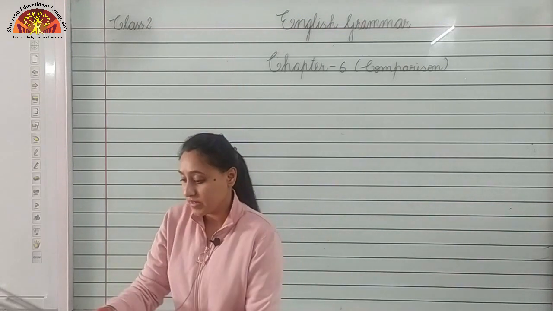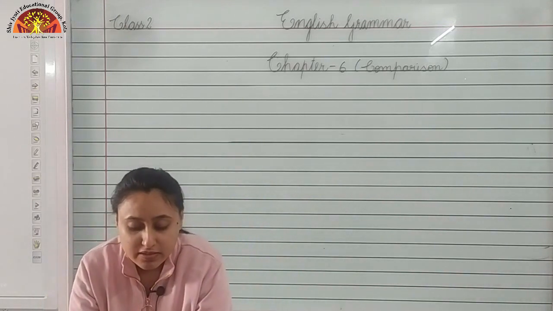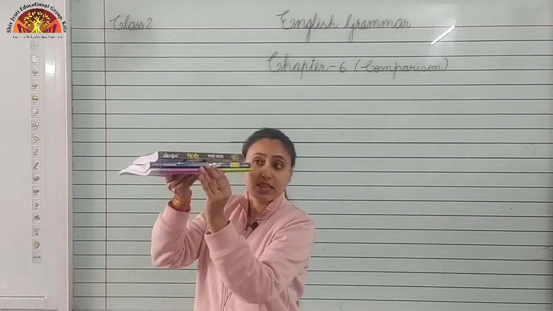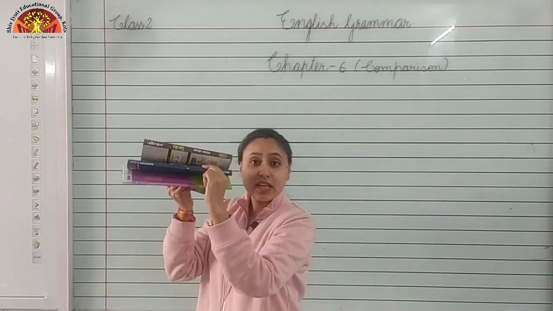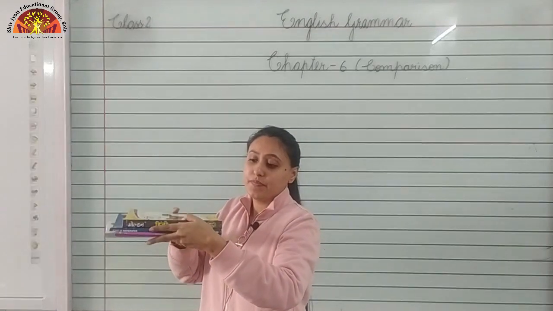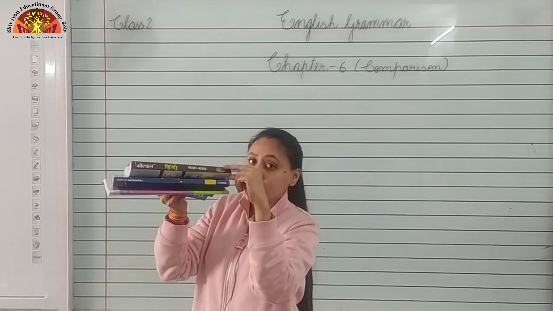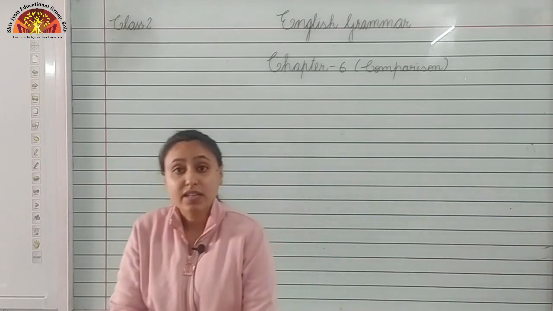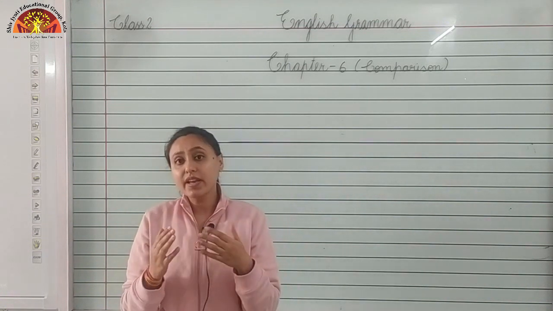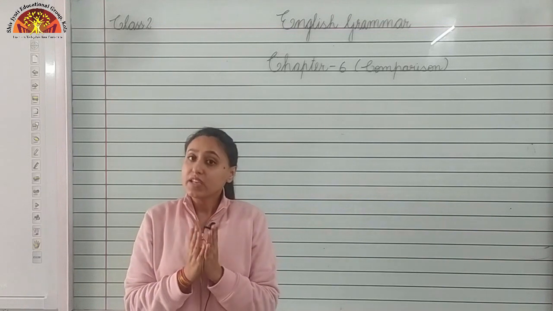Now look here, we will see one more example. Okay, here we are having 3 books. Okay, this is thick, this is thicker and this is thickest. Okay, look here, thick, thicker and thickest. So some adjectives help us in comparing more than 2 things and they tell us how they differ from each other.